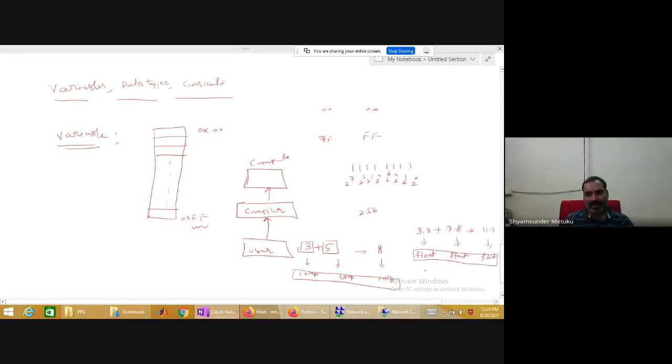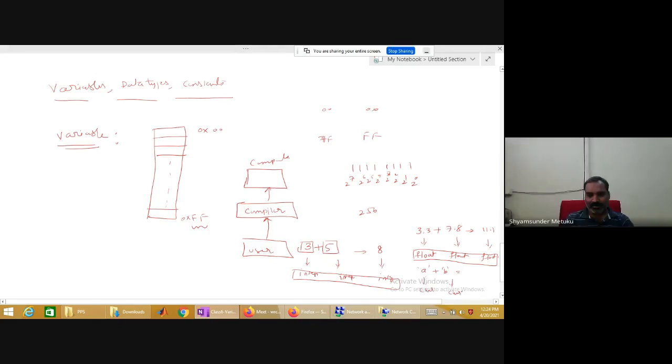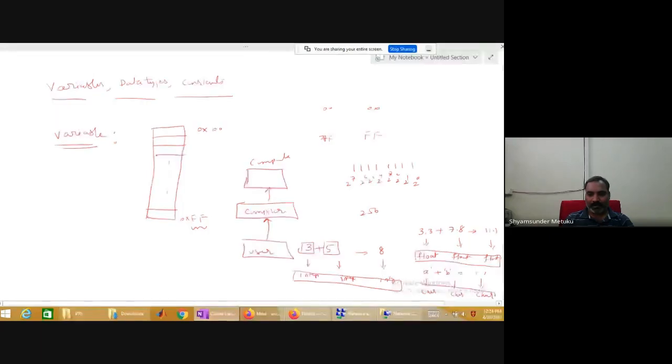Similarly, I want to perform some alphabets, A plus B. I want to perform some character A and character B. I wanted to add. You may not understand what it means. I'll tell you a little later. But is it not a character? Yes, sir. It is also a character. I'm trying to get some character, I don't know which character I'm going to get, but the result is also a character, right or not? Yes, sir.